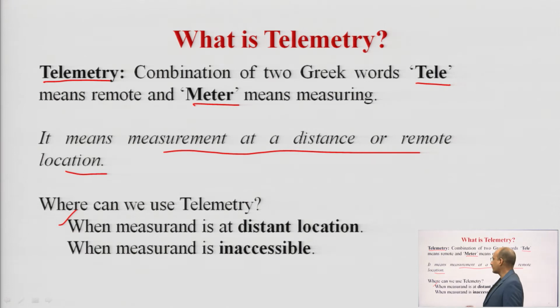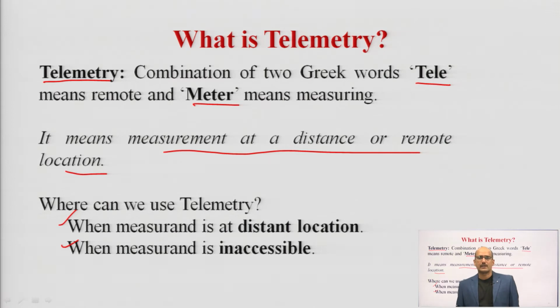So, that is our first point where we can use telemetry, when the measurand is at a distant location. Now, second point, when the measurand is inaccessible. You can easily see that in some industries there are places which are very hazardous to persons or living things. At that position we have to measure certain parameters such as temperature or pressure or flow of the